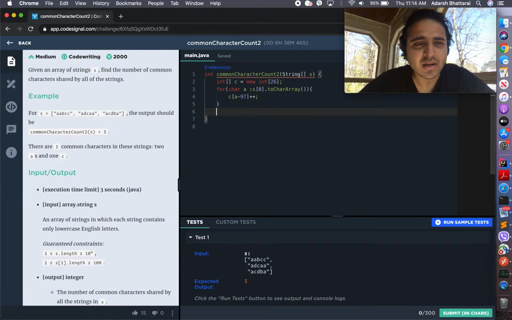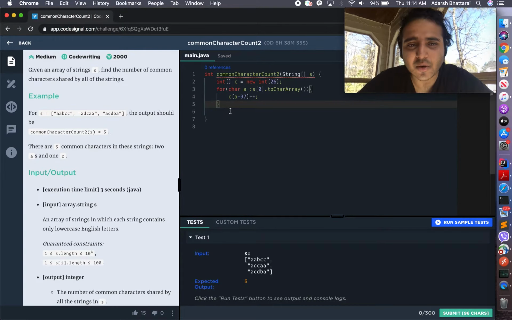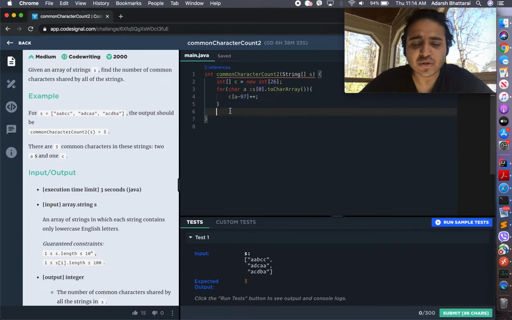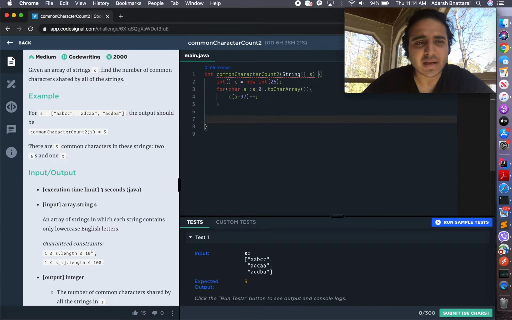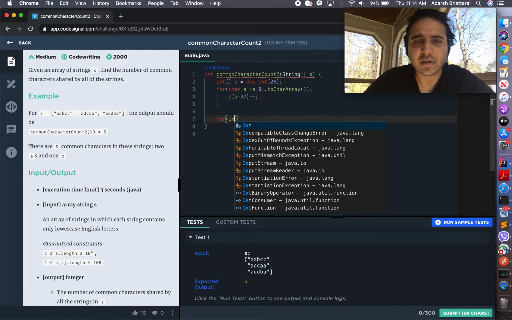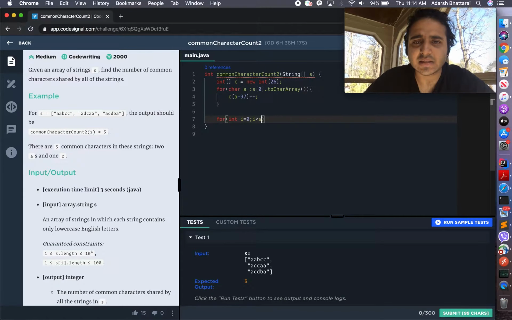Okay, now since all the values in C are common, what we can do from the next one is, for every string in the remaining array, we'll see how many match. One thing is, we don't need to start from here, because all the characters in A also match all the characters in A, so everything will be common. So let's do that. That means for int i equals 0 till i less than the length,